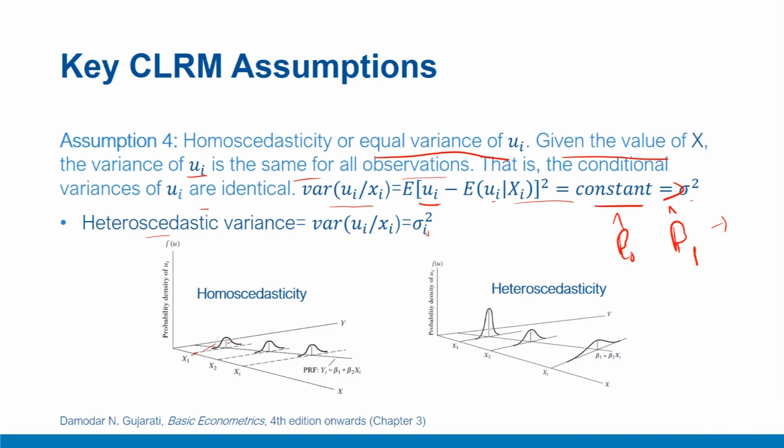Look at this diagram here. Here, with the assumption of homoscedasticity, the variance of the error term for each x is the same. Notice, for each xi, the variance of error terms is the same. However, here the variances are different for different xi's, and therefore it has heteroscedastic variance of error term. In this particular case, the closed form solution for coefficients beta i hat that we saw earlier for simple linear regression will not remain valid.